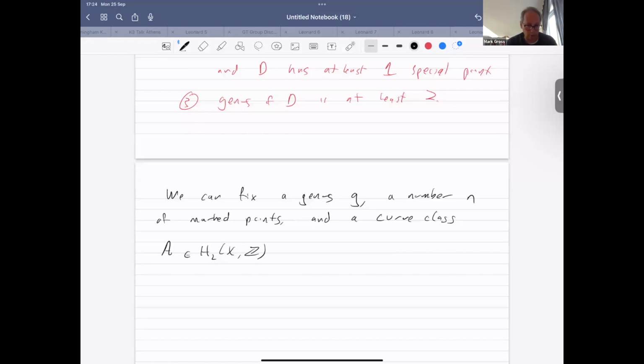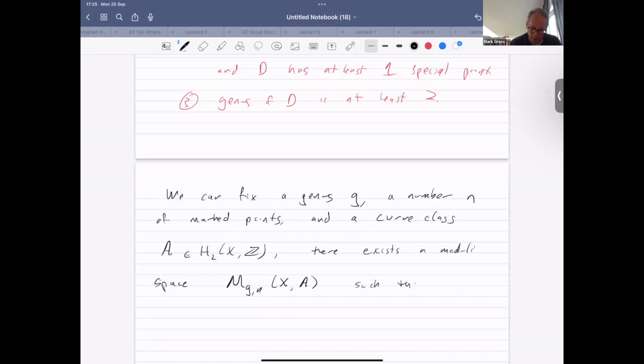We have a curve class A to fix. There exists a moduli space M_{g,n}(X,A)